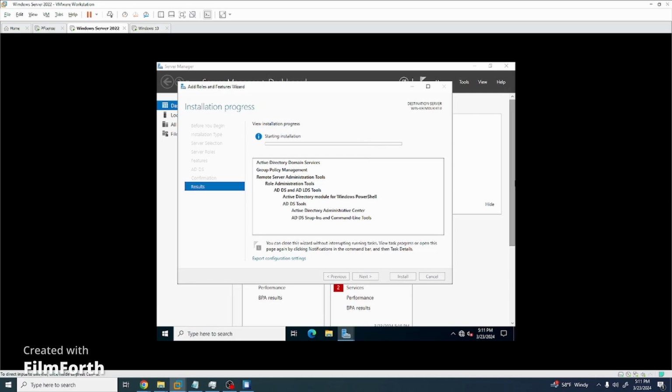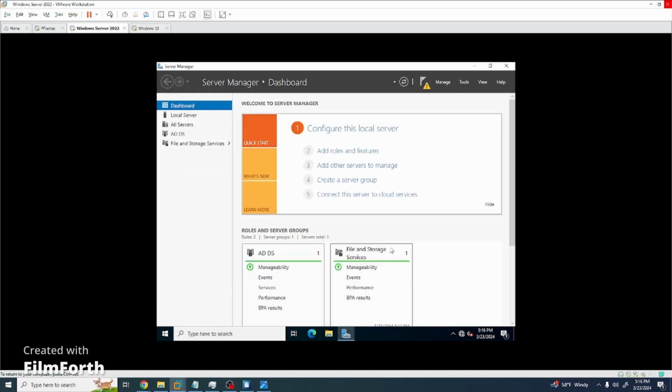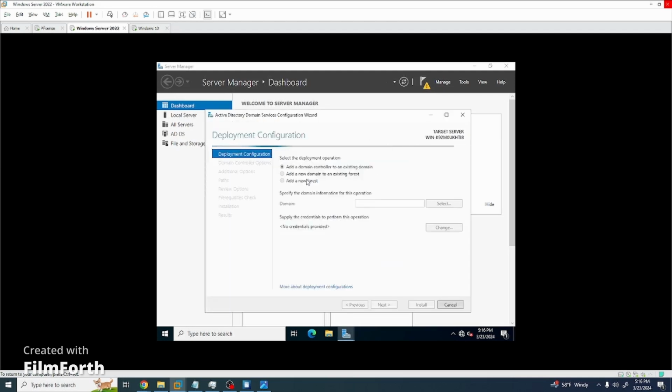And I'll be back. Okay. Now that this is done, I can hit close. We go up here and promote the server to domain controller. Add a new forest. Name it